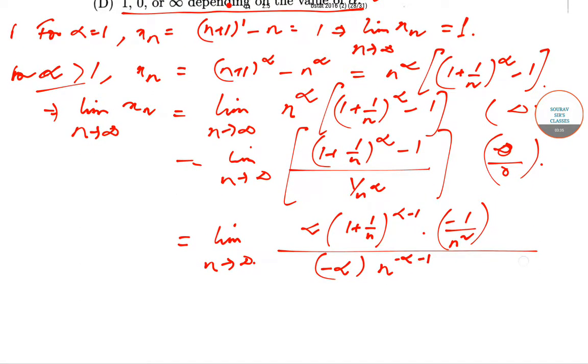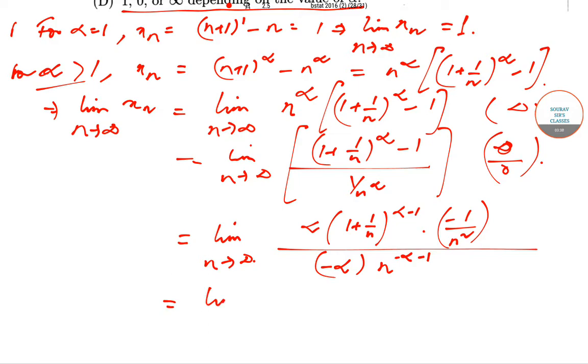So this will be equal to the limit as n tends to infinity, alpha and alpha will cancel out, negative and negative will cancel out, so this will give us (1 plus 1 by n) to the power alpha minus 1